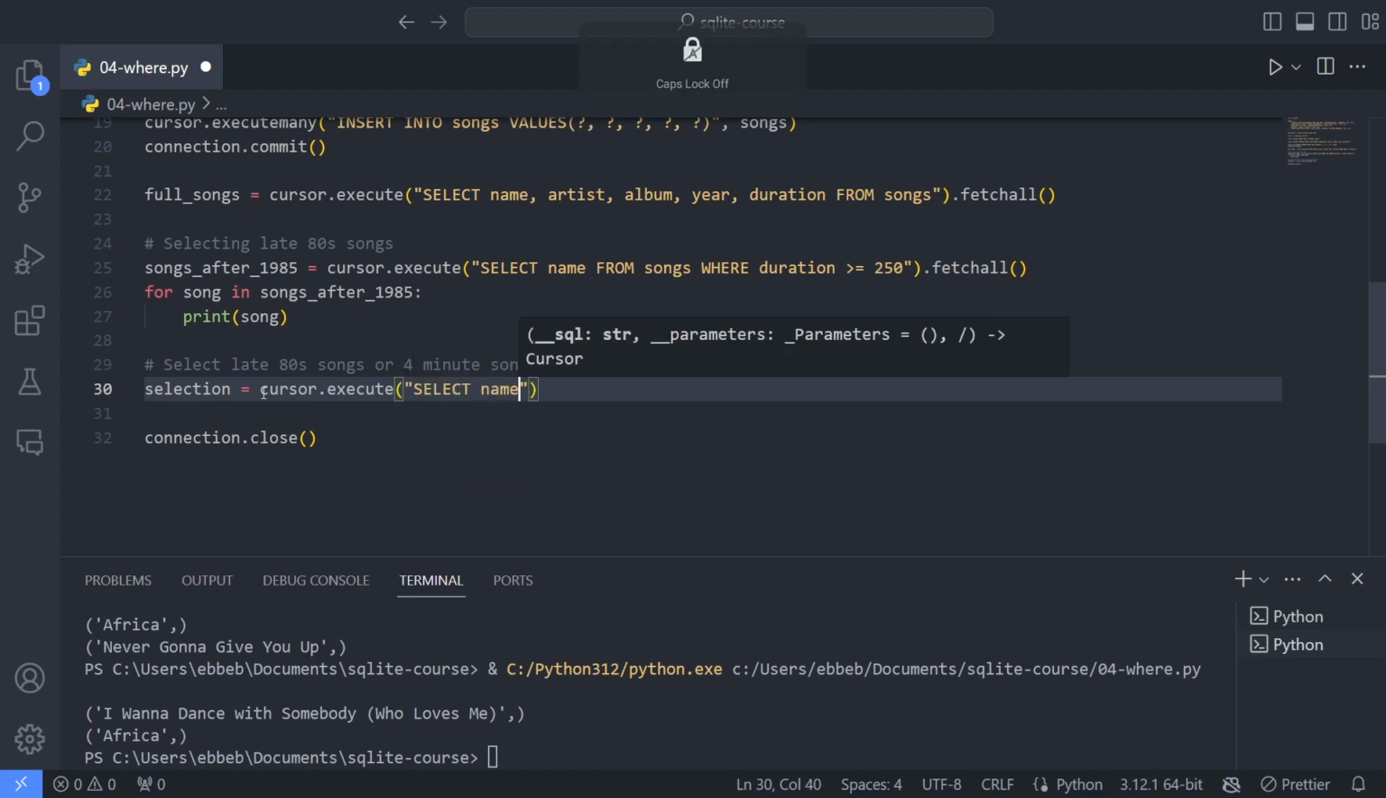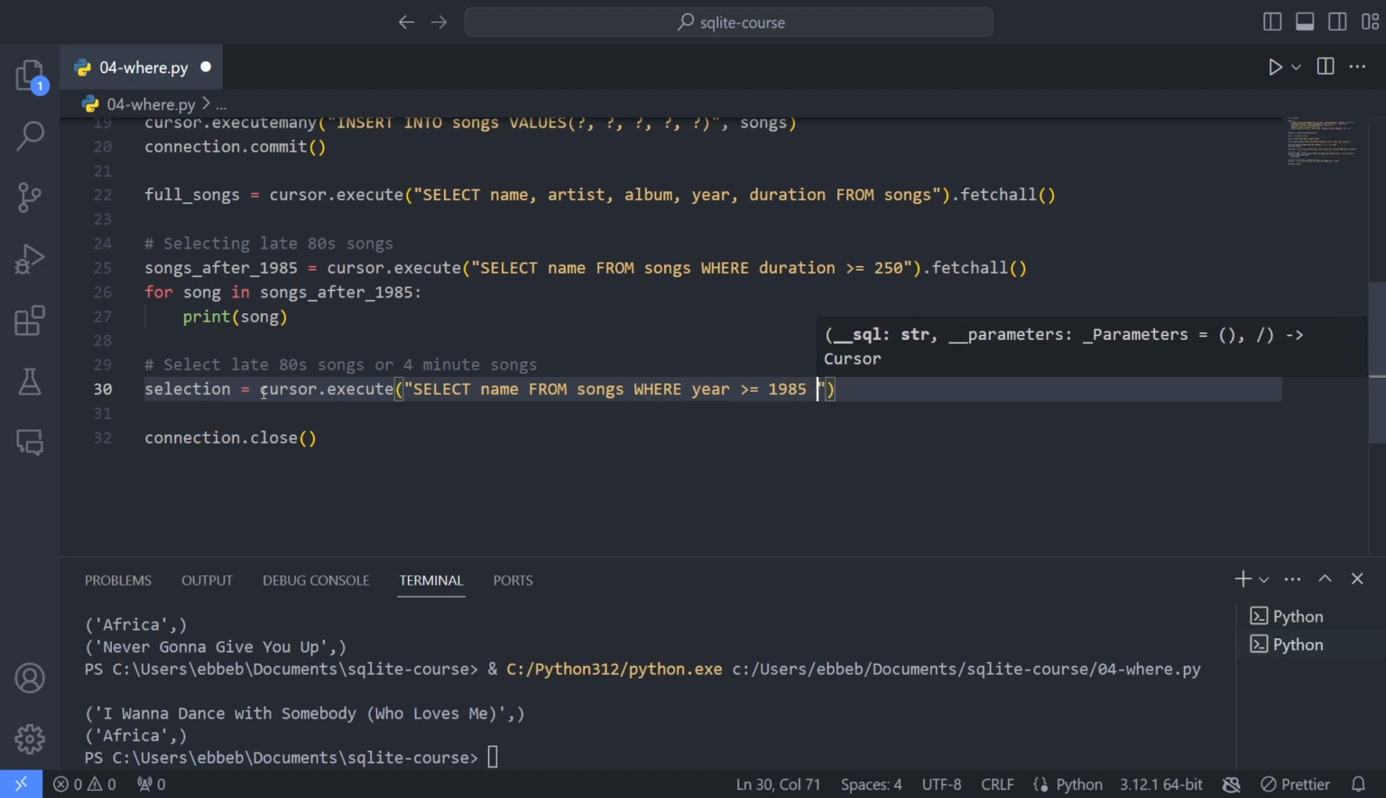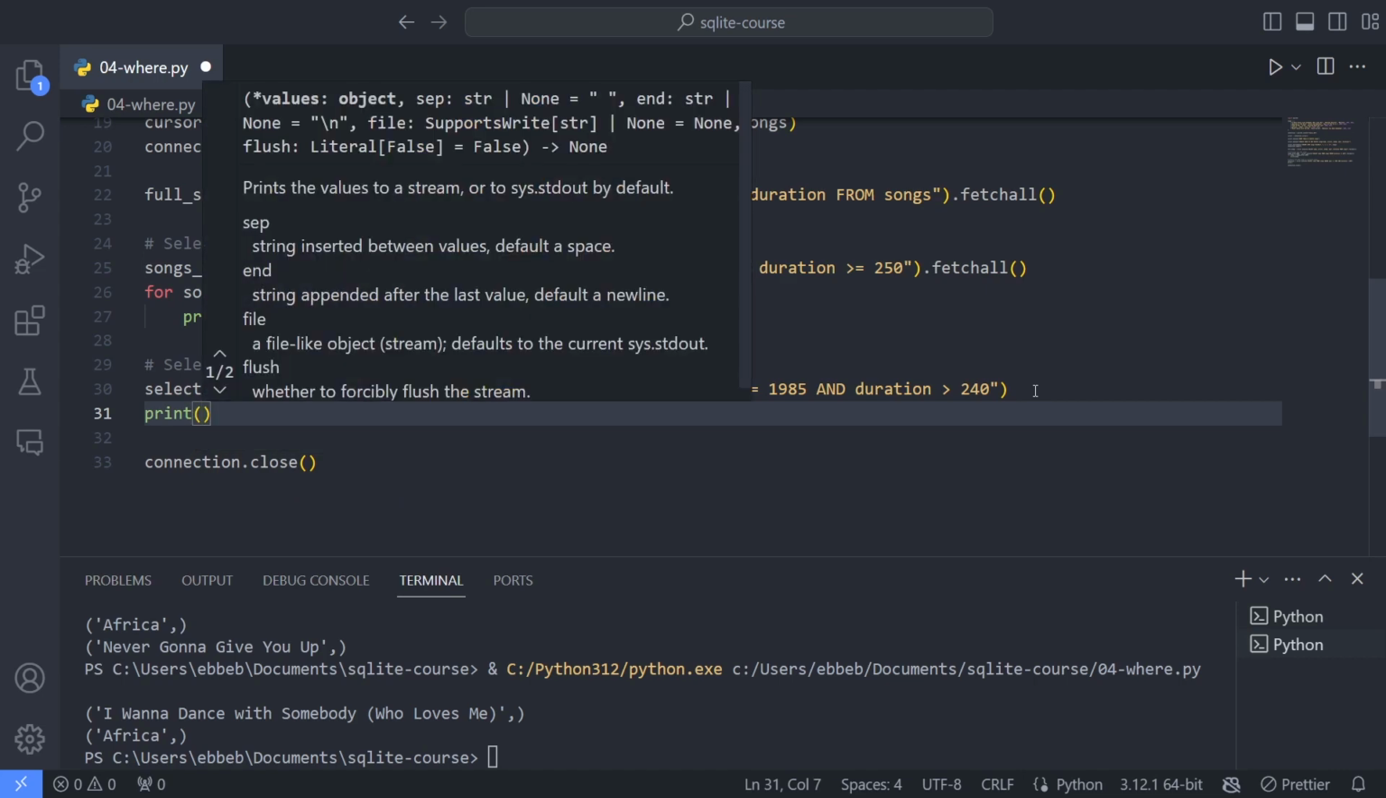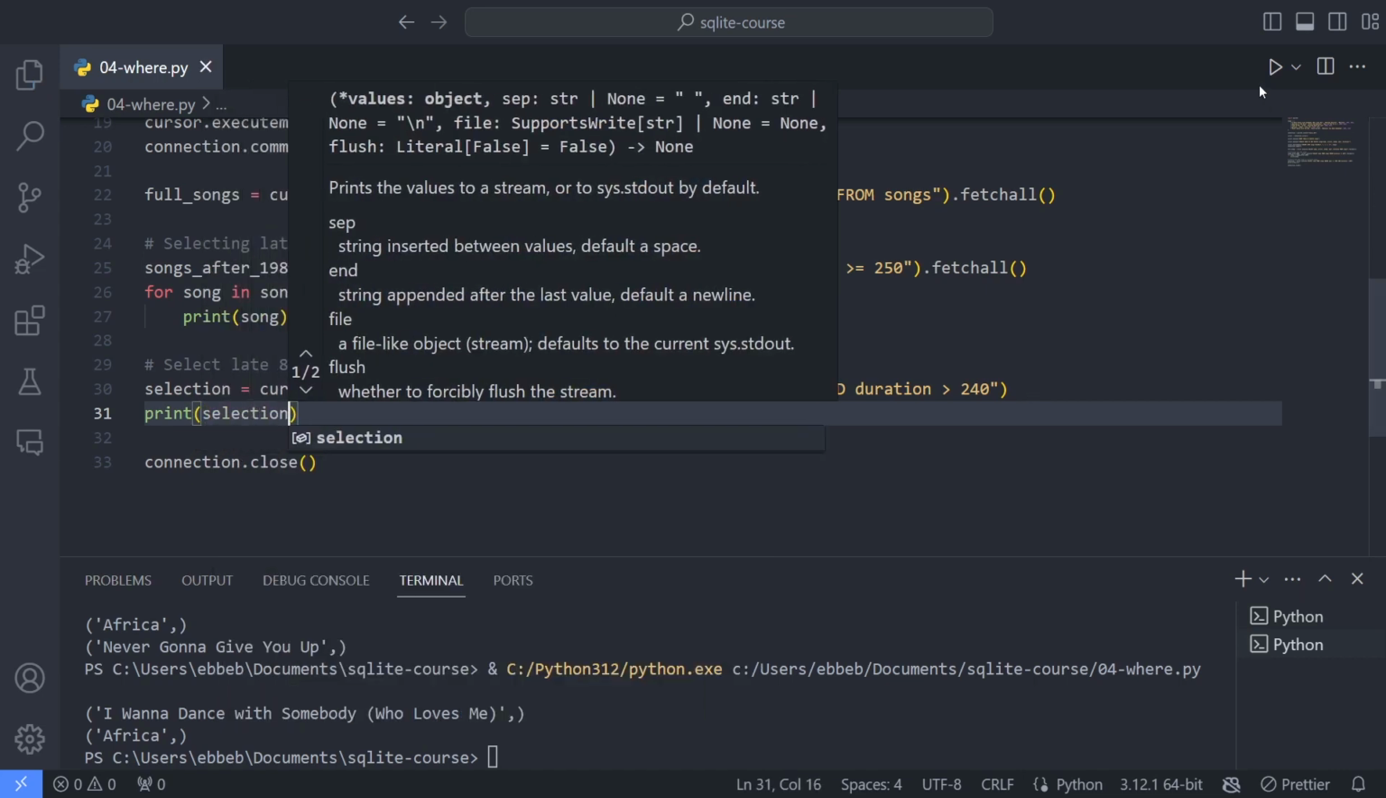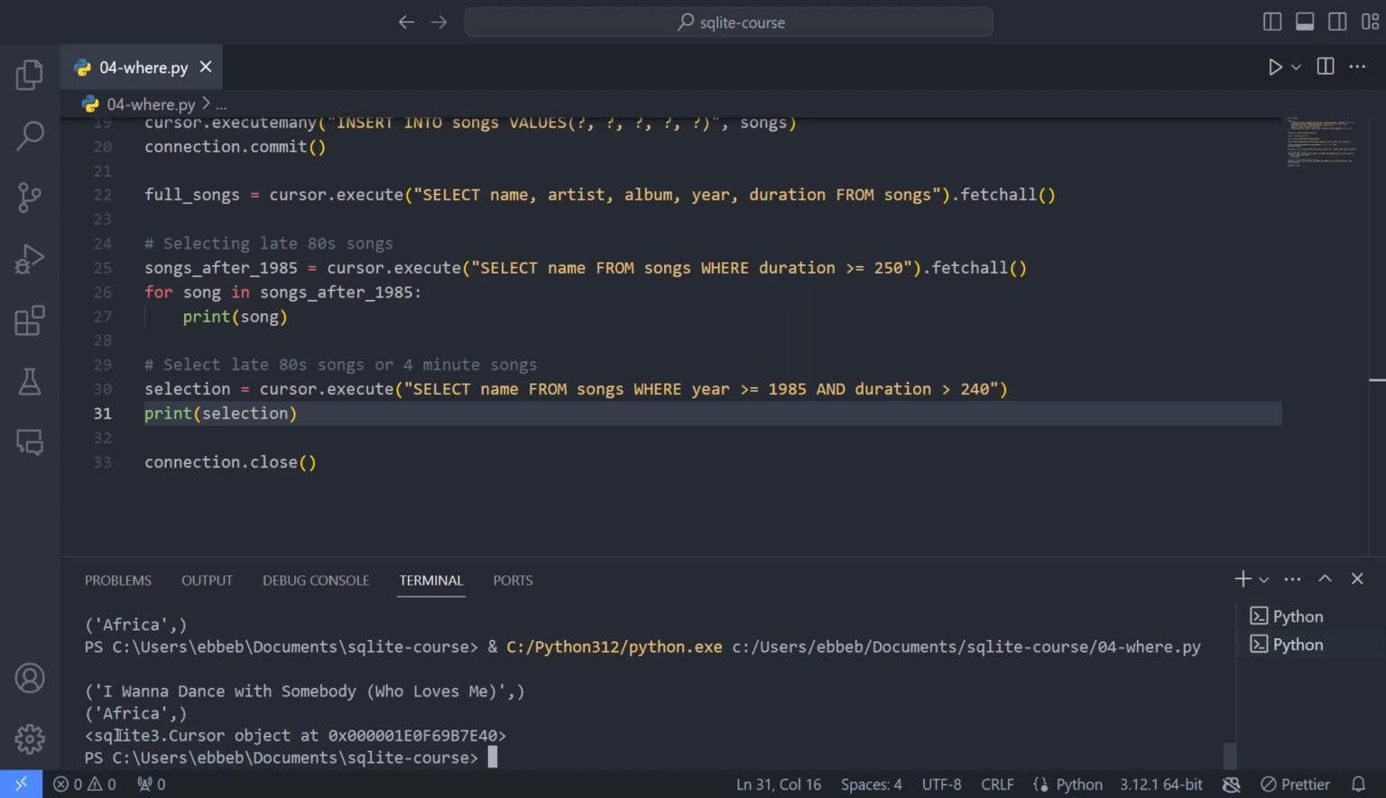So let's select name from songs where the year is greater or equal to 1985, and then I'm using the keyword and. Duration is greater than, so I guess 4 minutes is 240 seconds. So let me just immediately print the selection like this, run it, and here I get the SQLite cursor object,